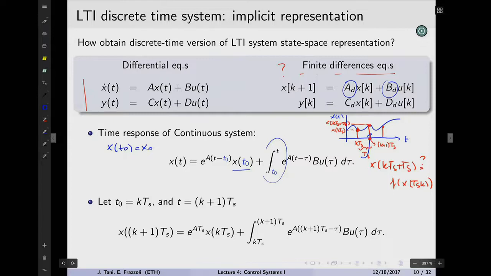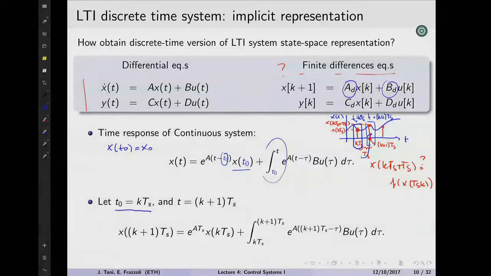It's basically the same thing we've done for continuous time, but expressed for discrete time. And the way we reach this expression is by using the continuous time representation and literally plugging in these two values that I just showed. That is, suppose that the initial time at which we're calculating this, t naught, is equal to kTs. So we start from here, okay? And then suppose that we're interested in knowing what is x at the next sampling instant, which is here. So if this is t naught and this is t, let's just plug in the equations. t naught equals kTs, t equals (k plus 1)Ts, and we will get the relationship we need.